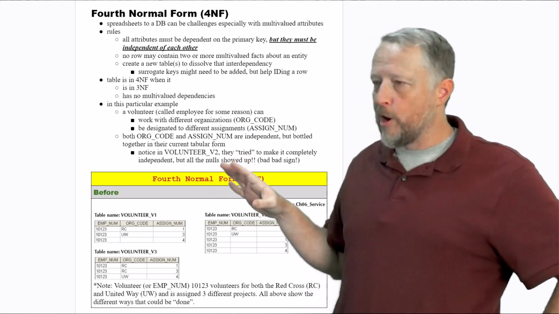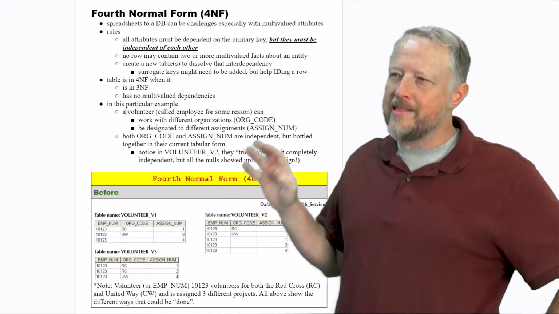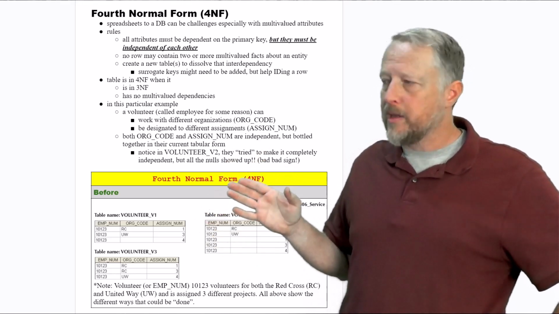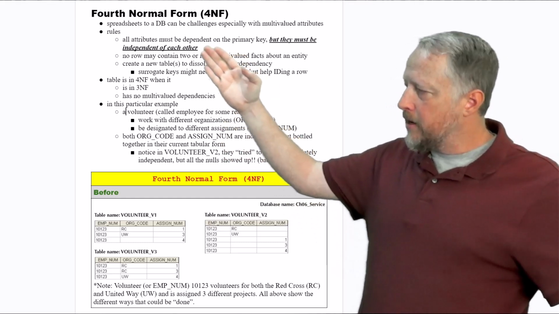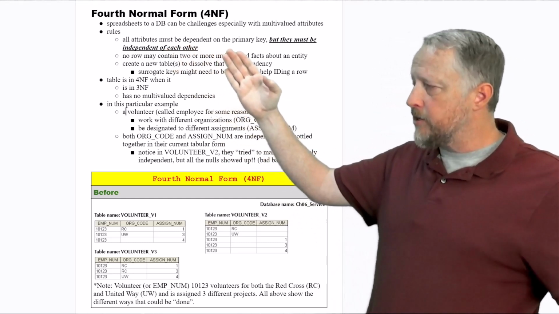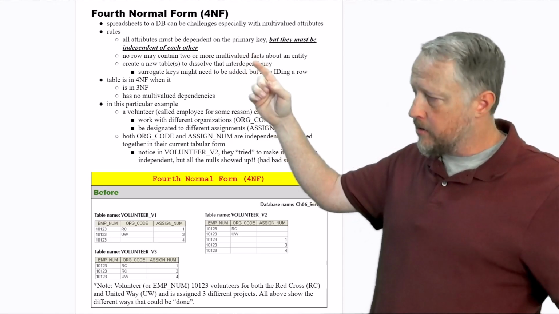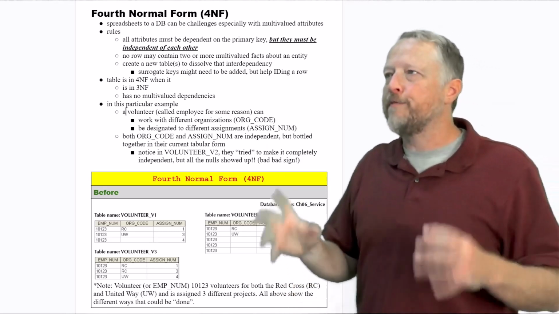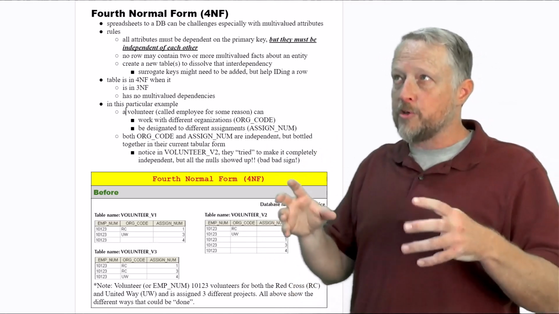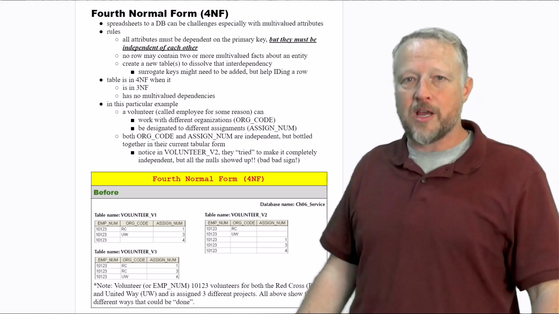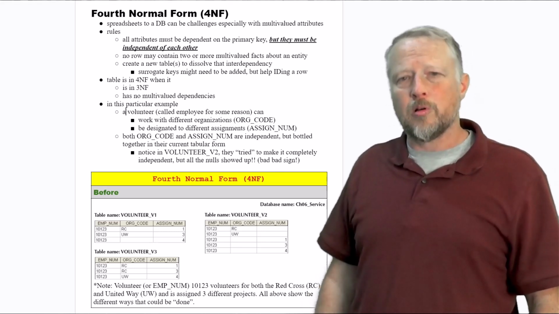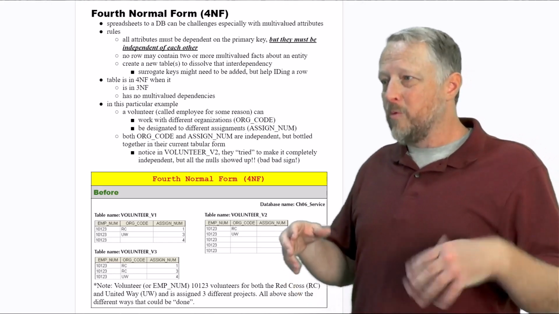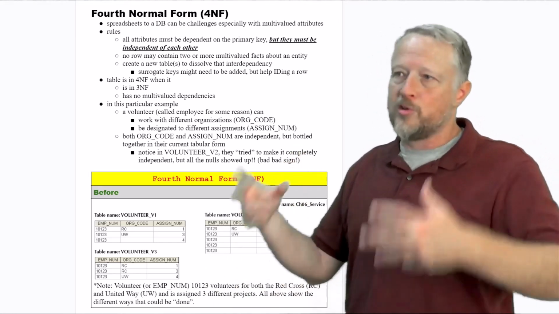Fourth normal form, professionally, I think I may have gotten to this by accident a few times. How about that? And that's where each attribute is dependent on a primary key, but they must be independent of one another. And the first thing that I'm hoping comes to your mind is, oh my gosh, that's more tables we're going to add. Yeah, that's true. And that's where denormalization is going to come in,